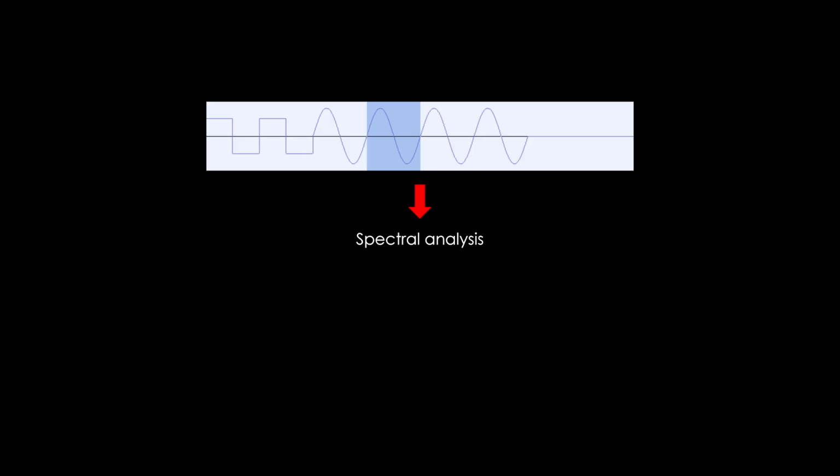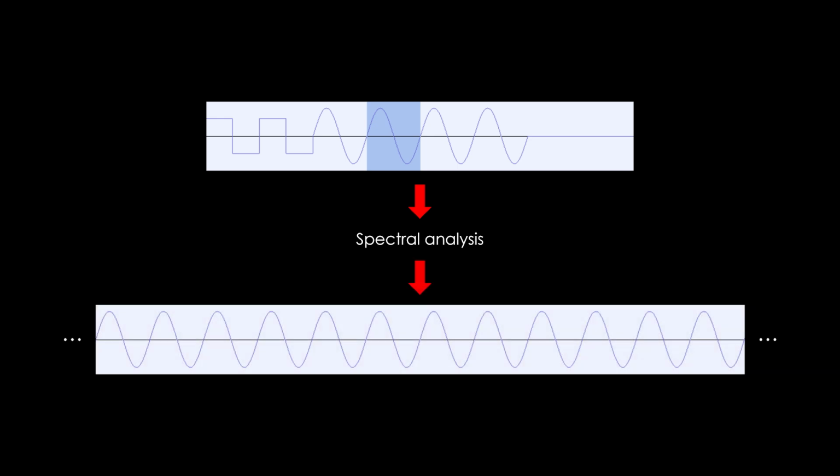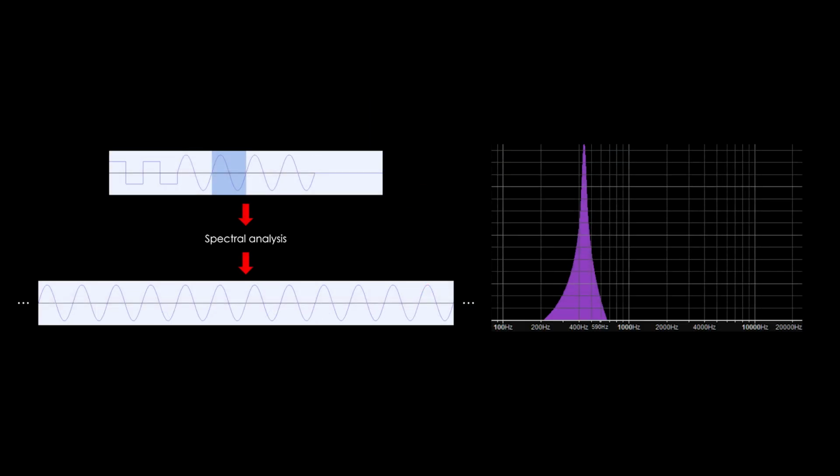Then, when you select your audio and process it, what the Fourier transform is going to see is a signal where your selection loops infinitely. With this selection, what the Fourier transform sees is an infinitely long sine wave, so there's no problem. The spectrum that it yields is a single peak as expected.